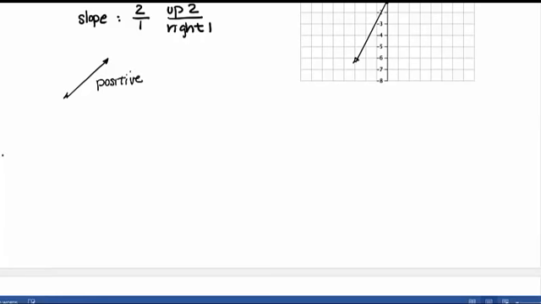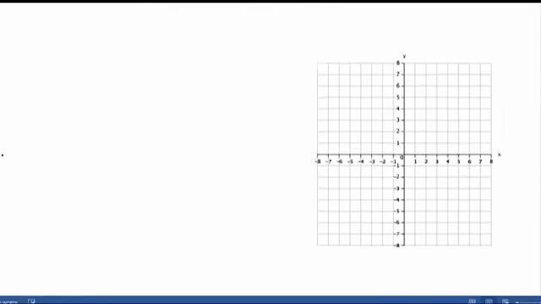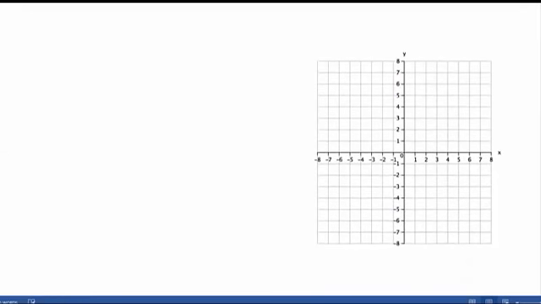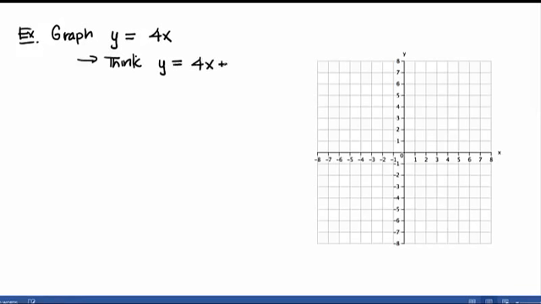Okay, let's do one more. That's in the form that we want to see it in. So what if we asked to graph the line y equals 4x. Well, it's pretty close to what we want, right? So think to yourself, if you don't see a b, think y equals 4x plus 0. Okay, so now once I see that, I can recognize that my slope is